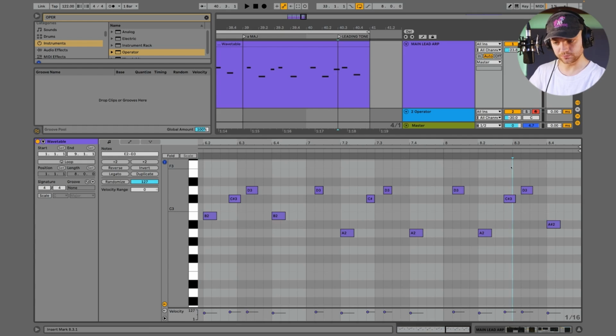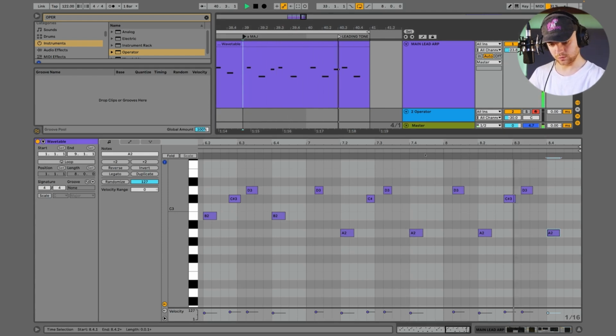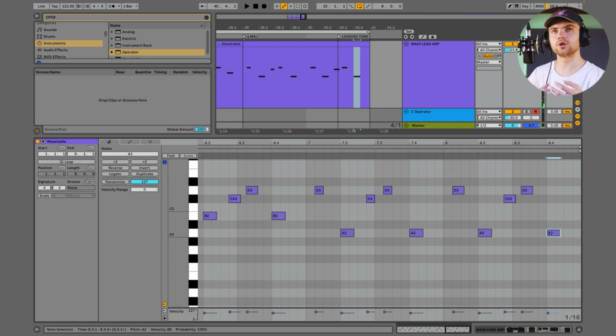In this part here, boom, boom, boom, boom. We have to adjust the notes accordingly to our leading tone. So the leading tone, as I said, is the A sharp here. And this is also where the arp has to go there. Because if we stay at the A, let's have a listen. Oops, sorry. It's also working out because it's just a very short amount of time that we're spending there, so there's not